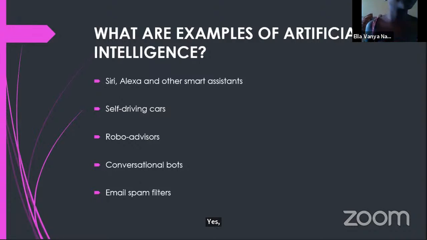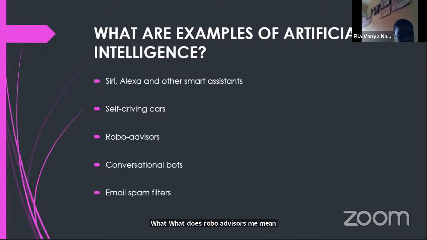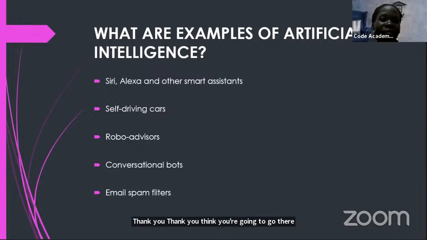Excuse me. What does robo-advisors mean? Oh, we are going to go there.